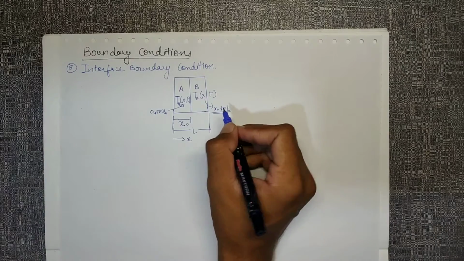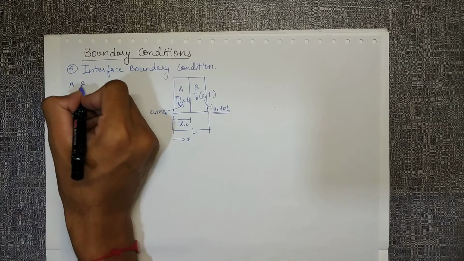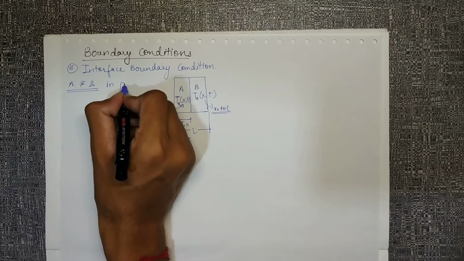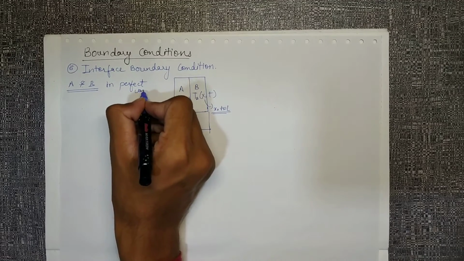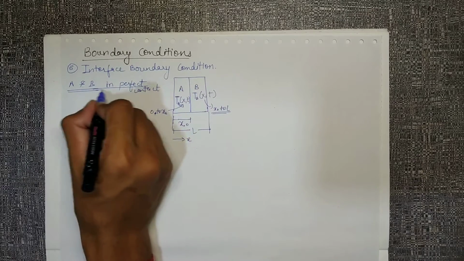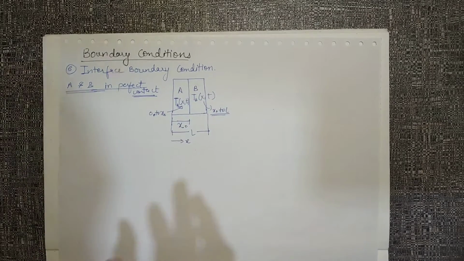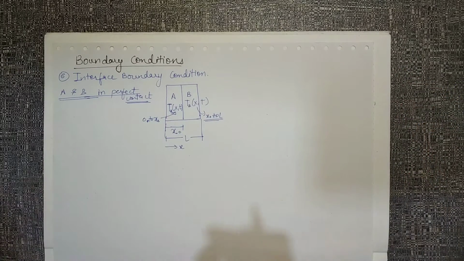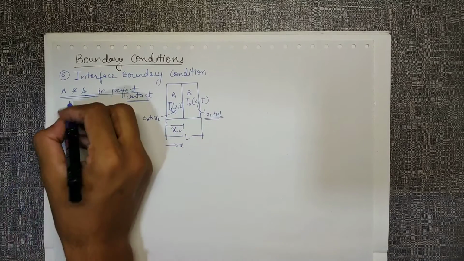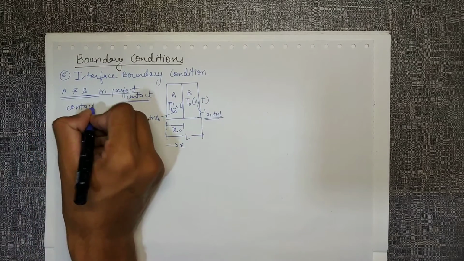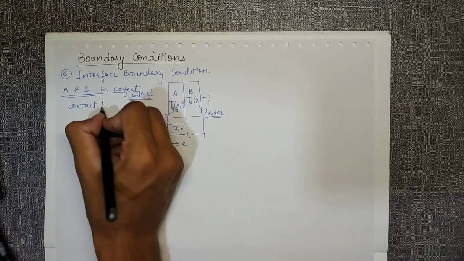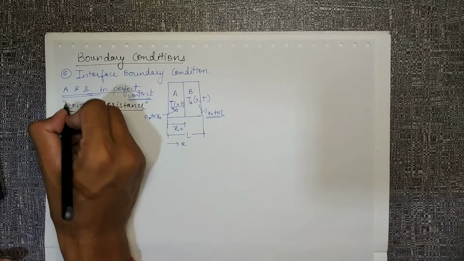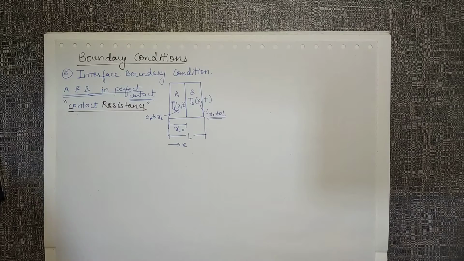Now we are assuming one thing, that the walls A and B are in perfect contact with each other. This is our assumption. If they are not in perfect contact, there will be some more complexities involved. What will be that complexity? I'll just give you a glimpse. It is a contact resistance which will be involved. I'll explain, or we'll take this topic up, as a separate video sometime else.